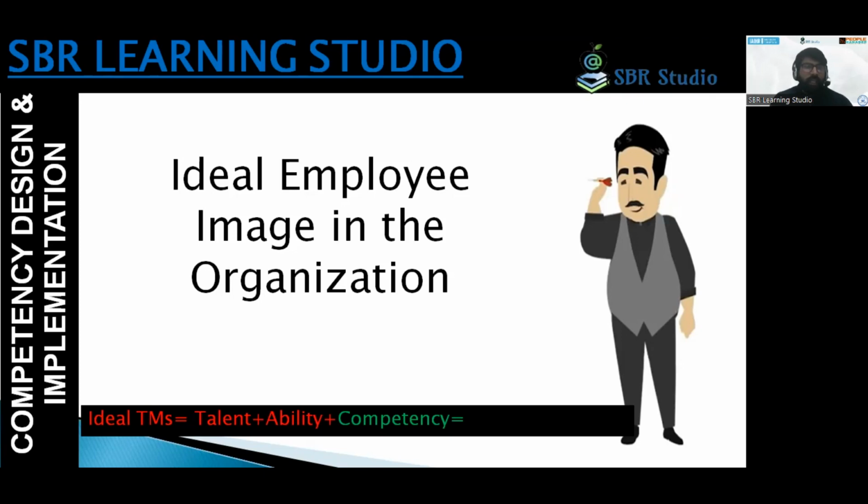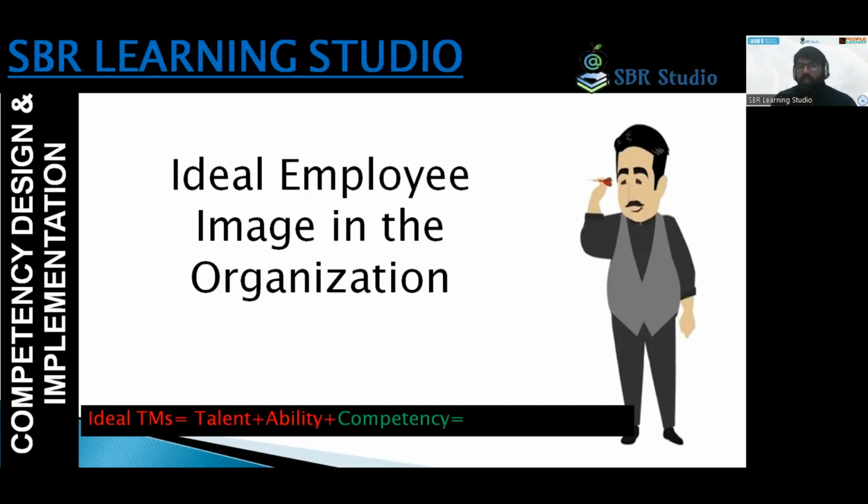So that is the behavior approaches. When you are designing an ideal employee image, it needs to focus more on the behavior approaches. Behavior does not mean how you are behaving with other members or with your seniors. Sometimes in an organization, a good behavior is considered by the HODs to be an employee who is only shaking hands and always praising them. But in the context of the organization and the ideal image, it is about getting the result done and giving the maximum or beyond the maximum performance in the given role.